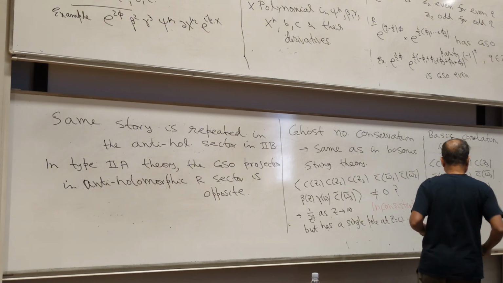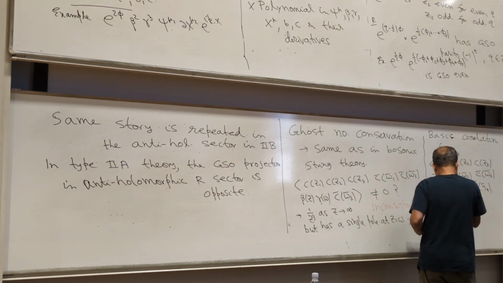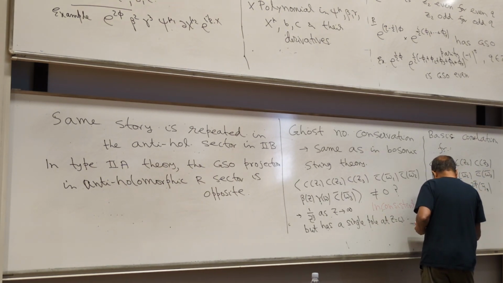Okay, this one I didn't write last time, but the most general correlation function should also have a e to the i k dot x. So this is given by